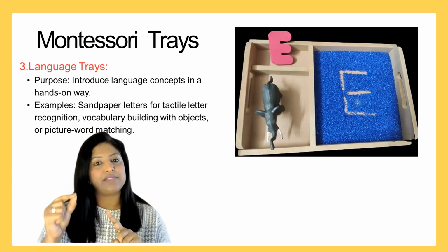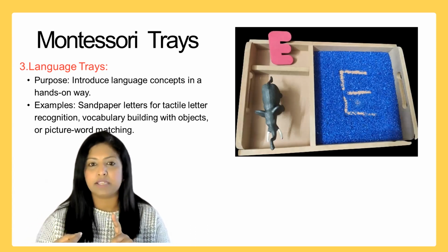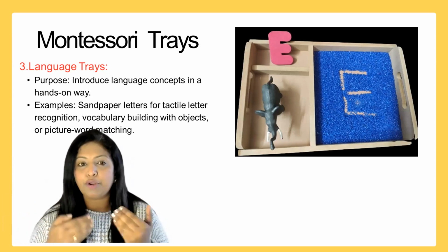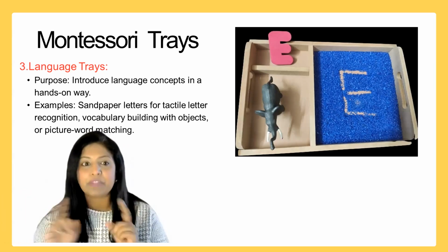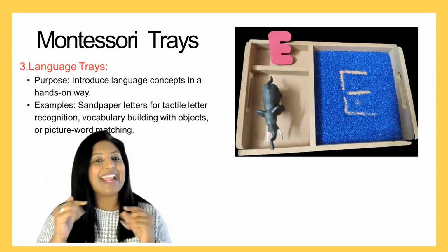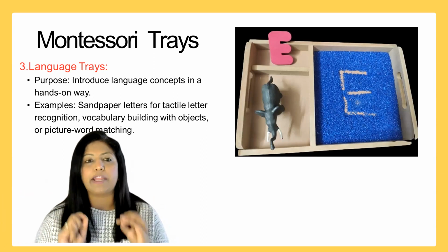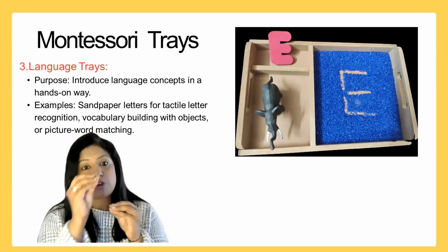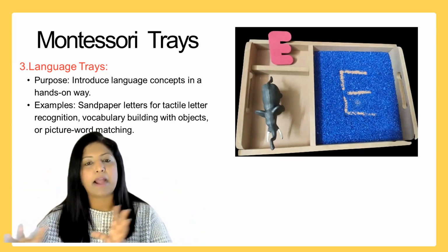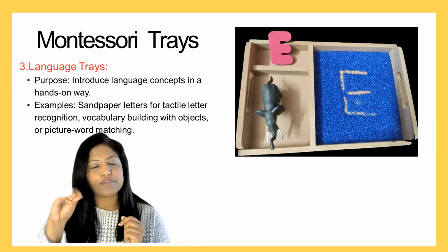I can say E is for elephant. The sound is eh, elephant. And how do I write it? I have to choose a tray which has partitions. Now, do you notice there are different kinds of trays? Language trays are totally different. You have multiple partitions in the same tray. If you find anything similar to this kind of tray in the market, you can purchase it. This is going to be really helpful for our children to sort. They can keep a letter in one, objects in another, and the other compartment can be for reinforcement. So I can have these kinds of smaller pebbles